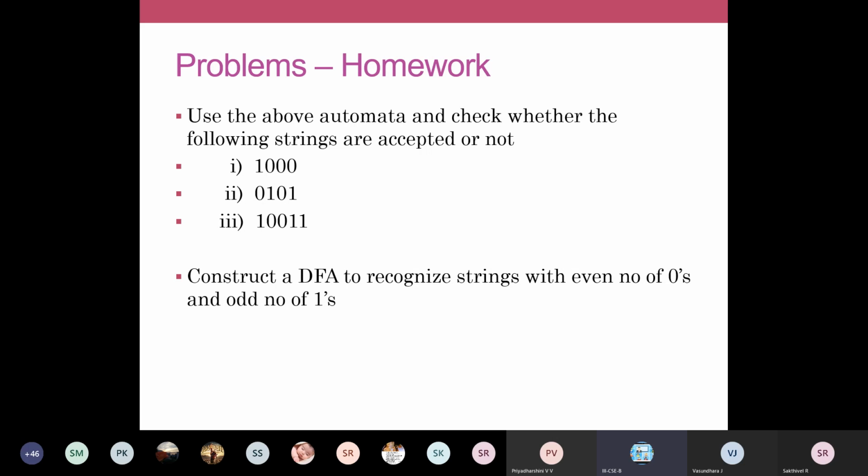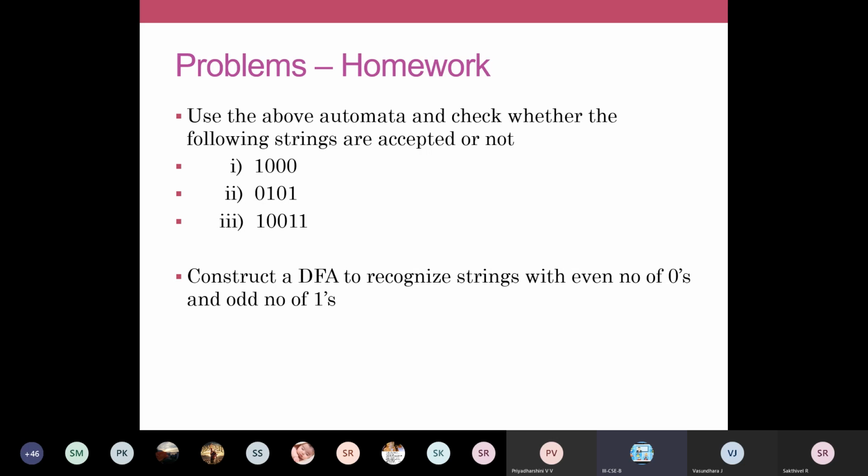For acceptability, you're going to use your extended transition function delta. Use the delta extended transition function and apply these 3 strings and find out whether the string is accepted or not. I've given you one example where you applied your delta cap and derived your string, and you reached the state Q0 and we told that the string is accepted.